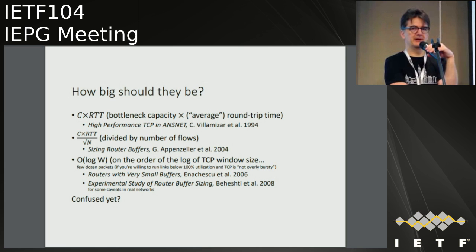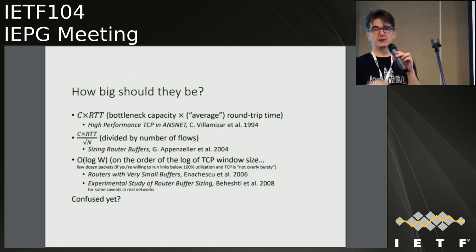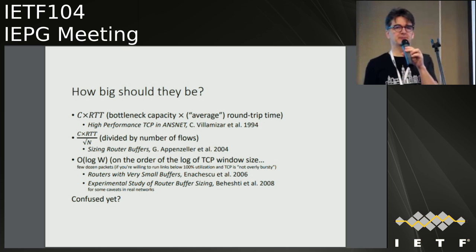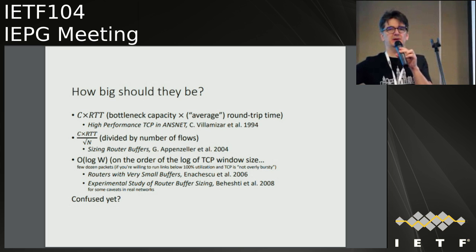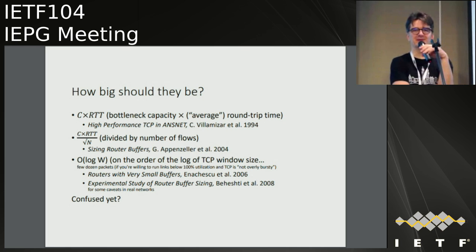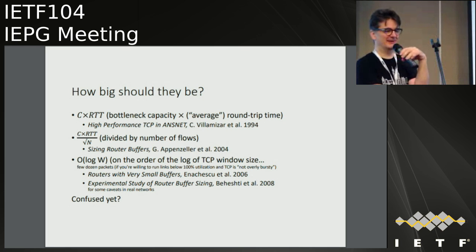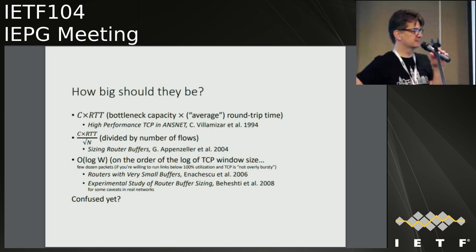In 2004, some people set out to challenge those rules, and most of them were around Nick McKeown's group at Stanford. One of the early modifications to this recommendation claims that you can divide this buffer space rule by the square root of the number of parallel TCP flows that you have running across your bottleneck link. That can be a big savings if you have hundreds of thousands or millions of flows. That was put out there and researched and validated in simulations and so on. So